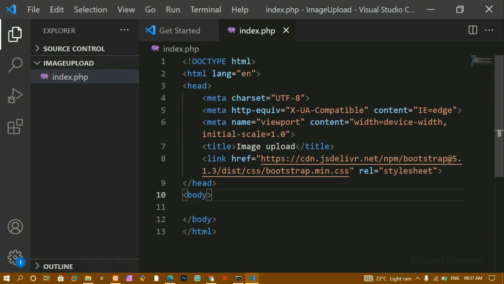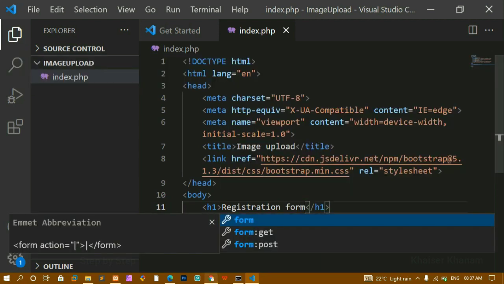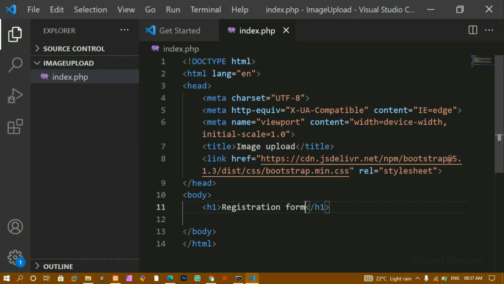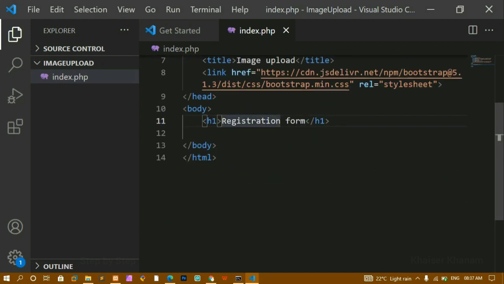Now you can see my title has changed to image upload. Now if I write one h1, registration form, and enter, and refresh this, you can see I'm having this output. Now for this I'm going to give one class. I'll be using bootstrap classes here. For this h1 I'm going to give a bootstrap class. I'll come inside this one and write class, and for this I'll write text